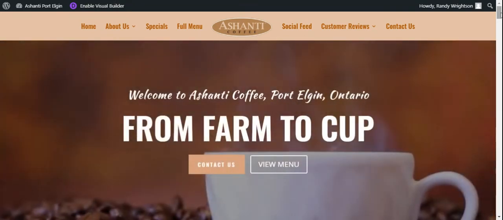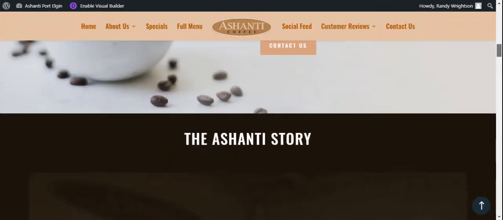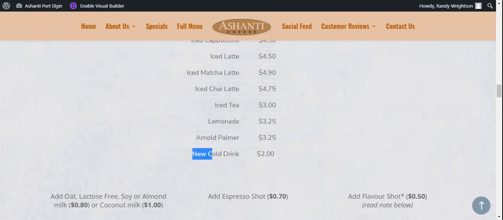Okay, the last part of this tutorial is deleting an item from the menu. So what we'll do is we'll go back to this item that we just added, and we will delete it out of it. So it can be anything. If you want to delete iced tea, for example, if you want to delete iced latte, if you want to delete lemonade, it could be anything. So